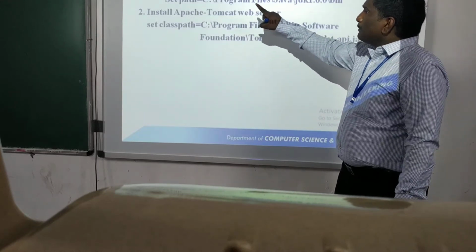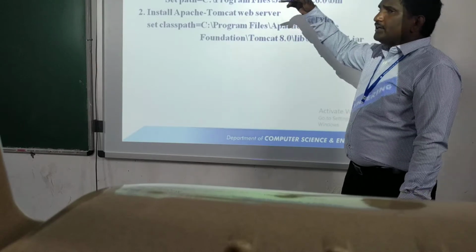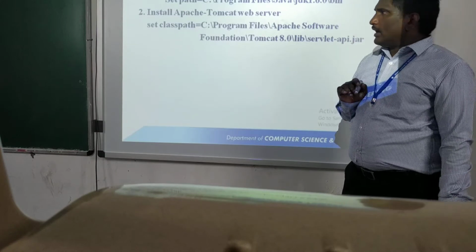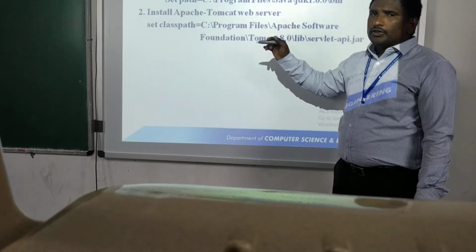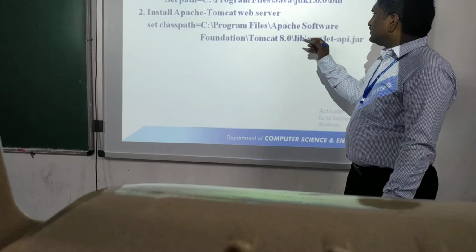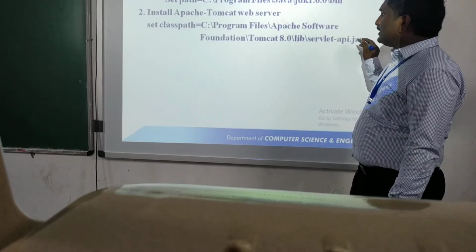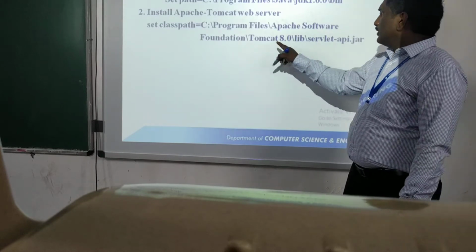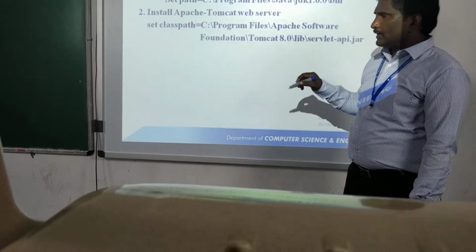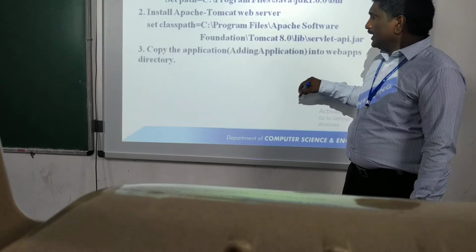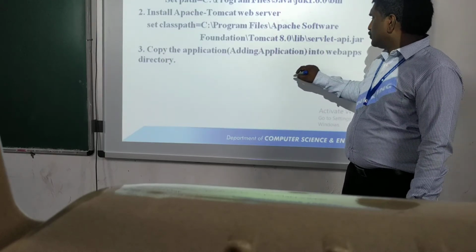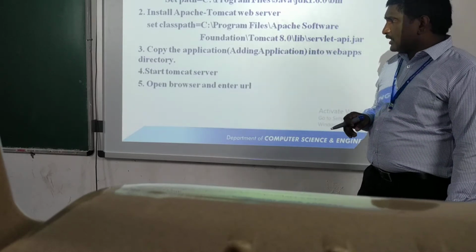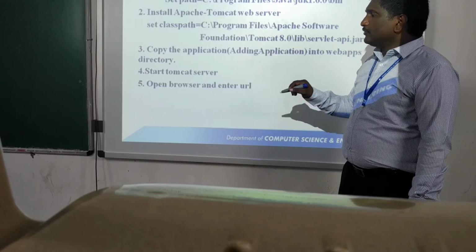Set the path to whatever JDK you have installed, up to the bin directory of JDK. And then after installing the Apache Tomcat server, you should set the class path to where the servlet-api jar file is available in the Apache Tomcat server, in the lib directory. Then copy the adding application directory to the webapps directory, and then start the Apache Tomcat server and open the browser, and enter the URL like